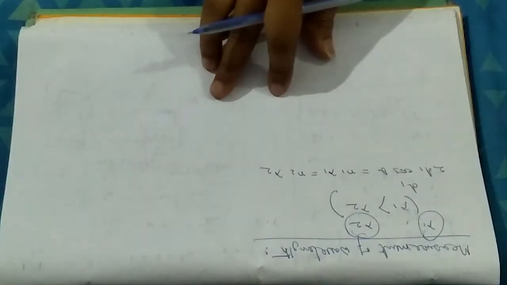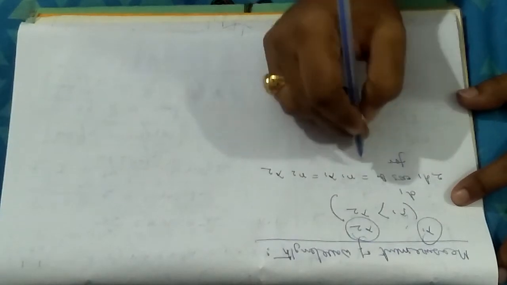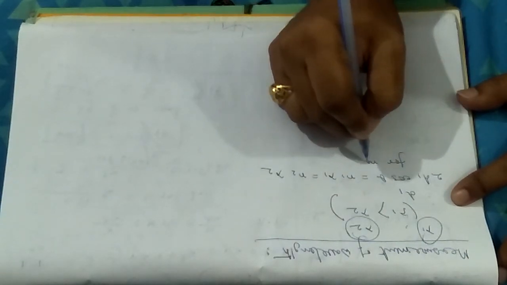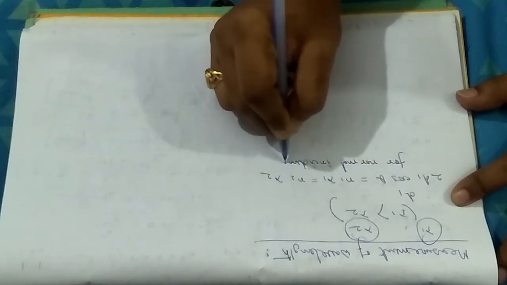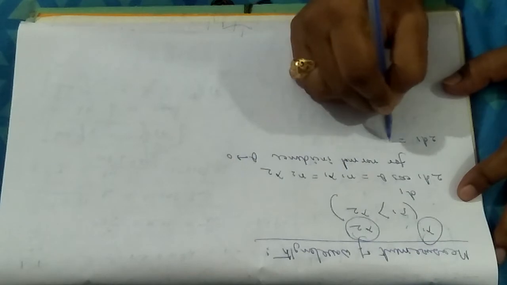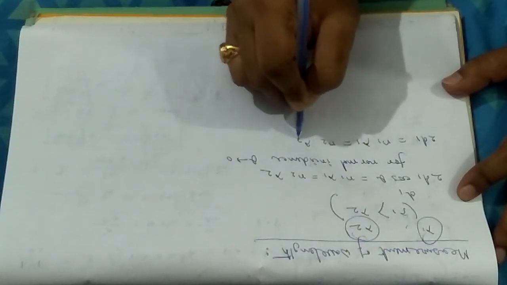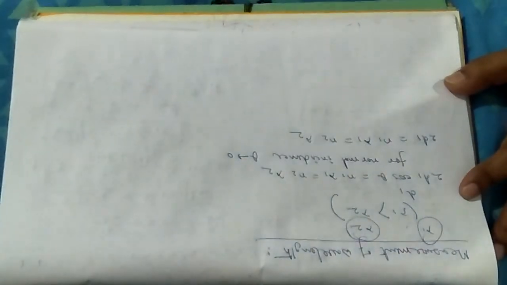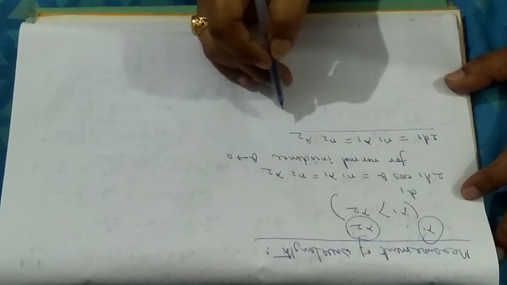Now again the distance is being changed, or you can consider normal incidence for simplicity of calculation. For normal incidence, theta tending to 0, so cos 0 equals 1. So for normal incidence I can write twice d1 equals to n1 lambda 1 equals to n2 lambda 2. The separation is set in such a way that the fringe patterns of lambda 1 and lambda 2 are coinciding.